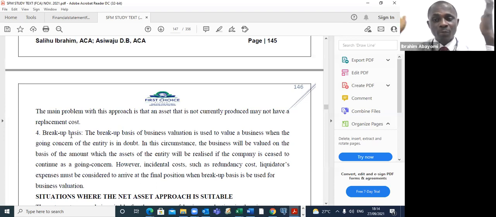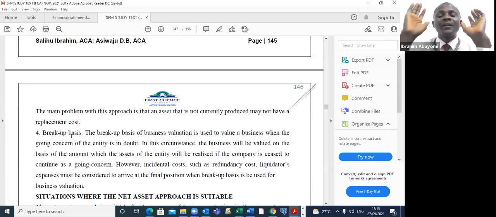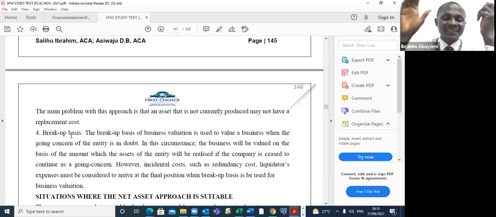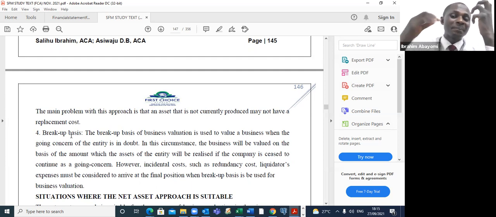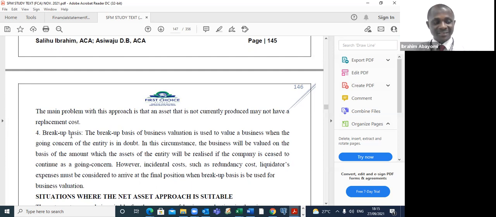If someone is in trouble, for instance, the amount the person, not you, the amount the person will sell his asset will be far lower than if the asset is to be sold under normal condition. For instance,